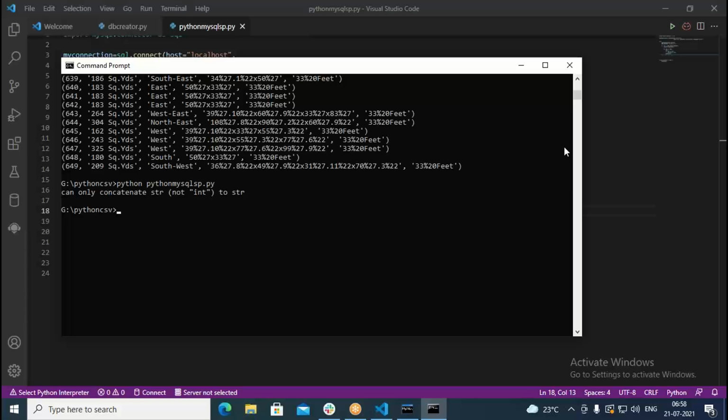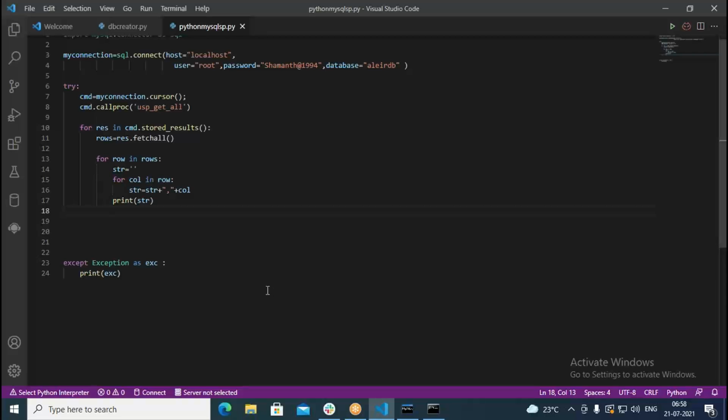So sometimes what is happening, you are getting numbers, 649 for example, and therefore it gives that error. So what we do in such cases, we can go with the str function. Using str, we convert into string, then we try to concatenate this.